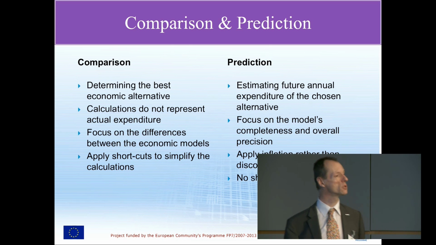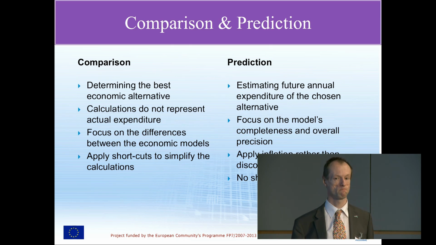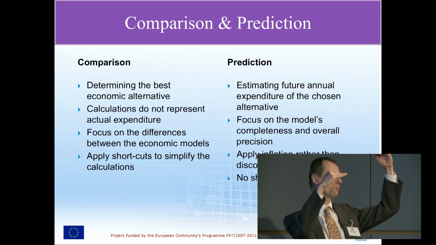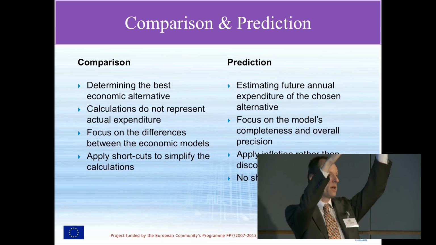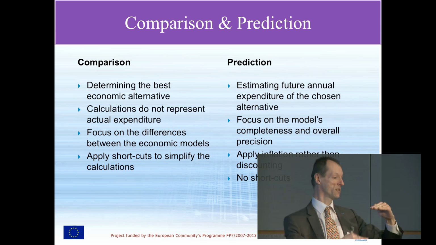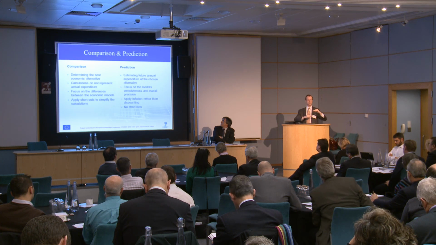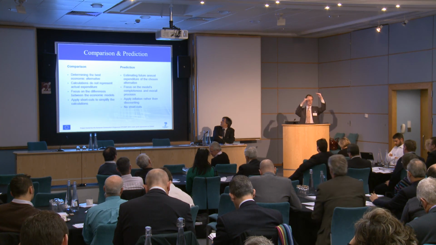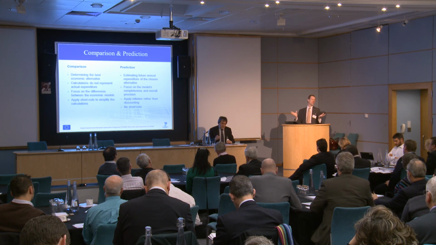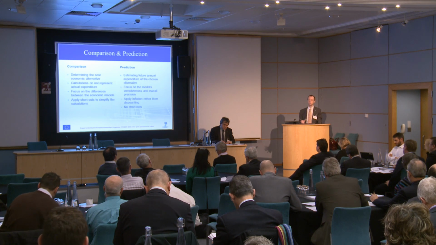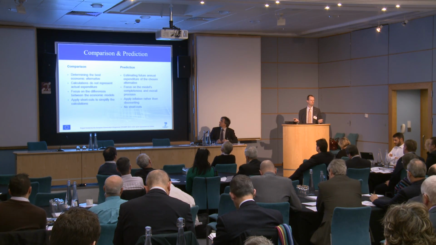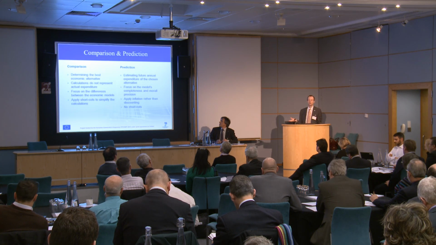Because we're focusing on difference, that means we can take shortcuts. We can simplify the models. If the two life cycle costs that we get out of our models are that far apart, it doesn't really matter whether they're up here or down there, provided that the difference is still the same and that it's significant. And the way that we get those figures from up there to down there is to strip out all the items of cost that appear on both sides of the equation, because they're having the same effect on the model, whether you're looking at alternative A or alternative B.